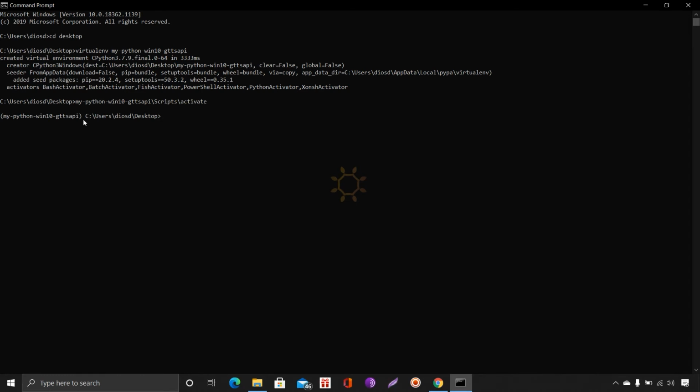Now you notice the difference. Here you will see the folder name. In this folder we have activated this Python virtual environment.